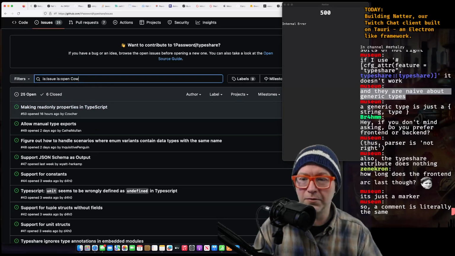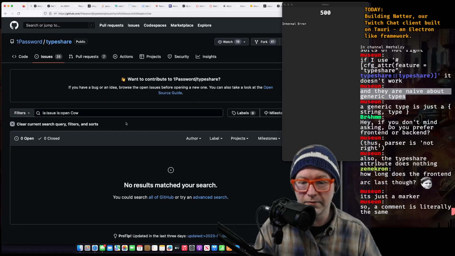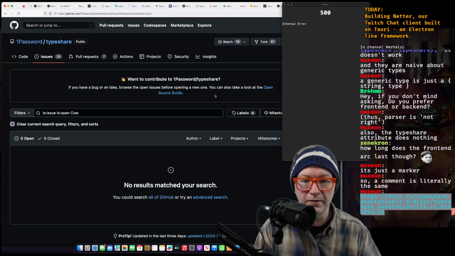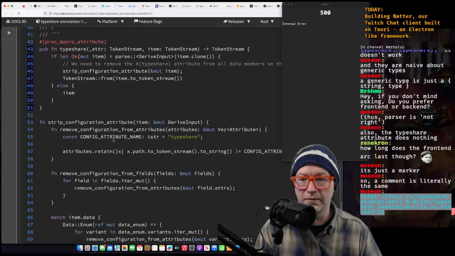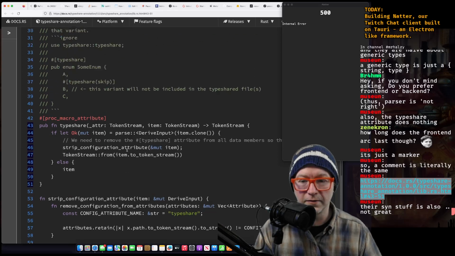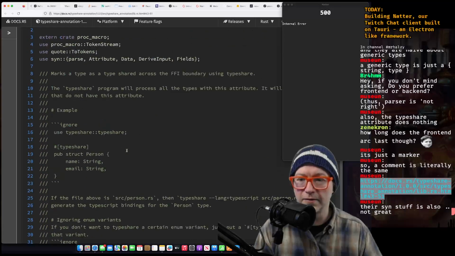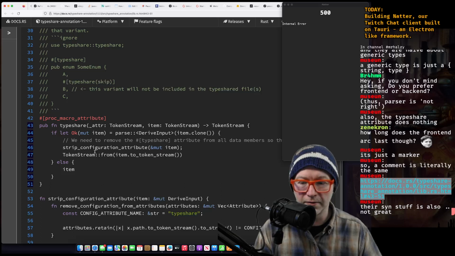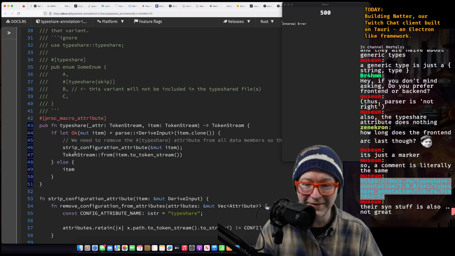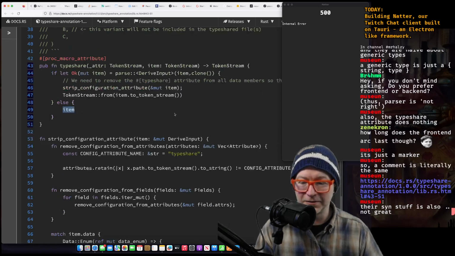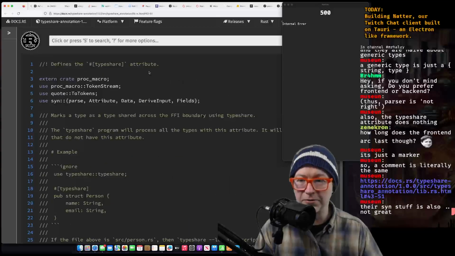Oh, what was I going to search for? Cow. Oh, cow. Hmm. Copy link. We need to redo type share.